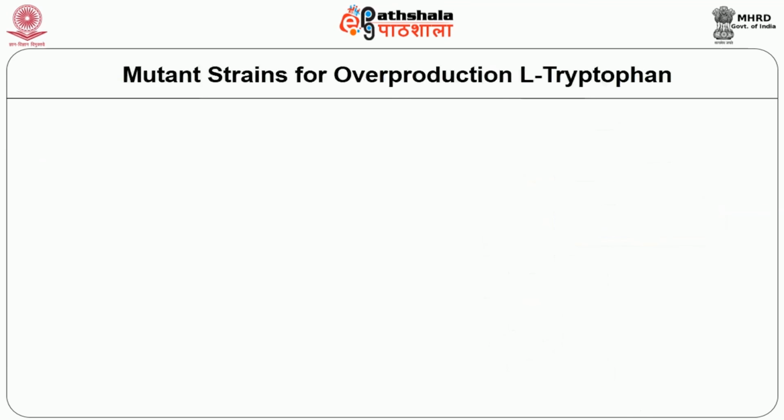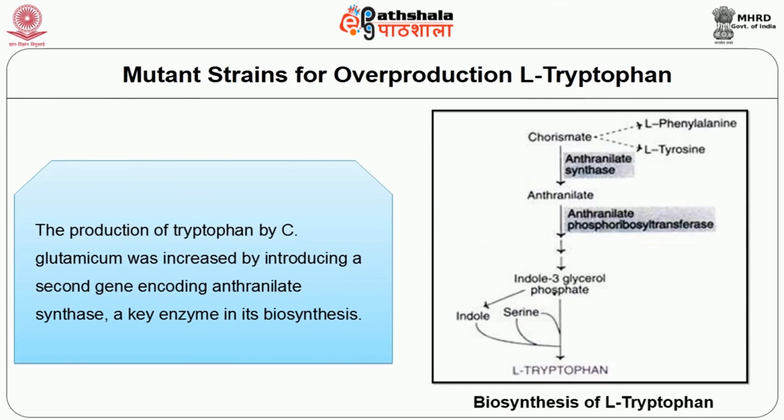The mutant strains for the overproduction of L-tryptophan can be developed. The production of tryptophan by Corynebacterium glutamicum was increased by introducing a second gene encoding anthranilate synthase, a key enzyme in its biosynthesis. The result is that the pathway becomes insensitive to feedback inhibition by the end products, leading to